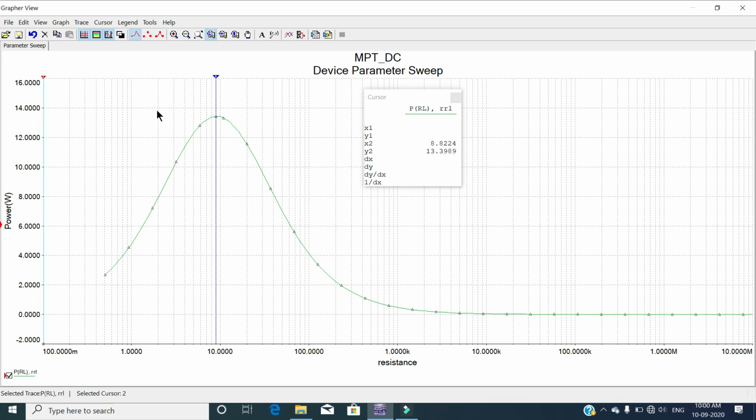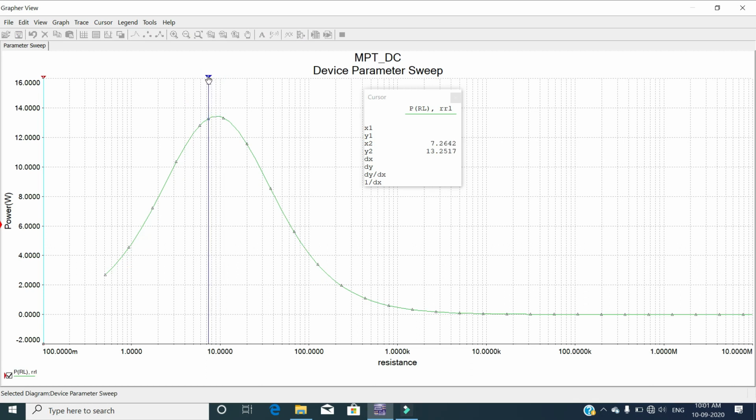So now if I move this cursor towards left from this point or either towards right, then you will see that your power delivered to the load will decay in both the sides. So let me move the cursor towards left.